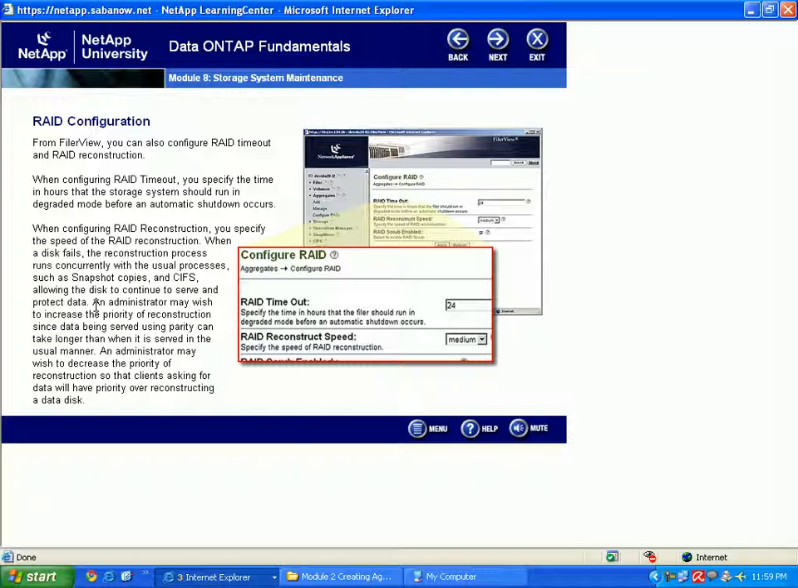When a disk fails, the reconstruction process runs concurrently with the usual processes, such as snapshot copies and CIFS, allowing the disk to continue to serve and protect data. An administrator may wish to increase the priority of reconstruction, since data being served using parity can take longer than when it is served in the usual manner. An administrator may wish to decrease the priority of reconstruction so that clients